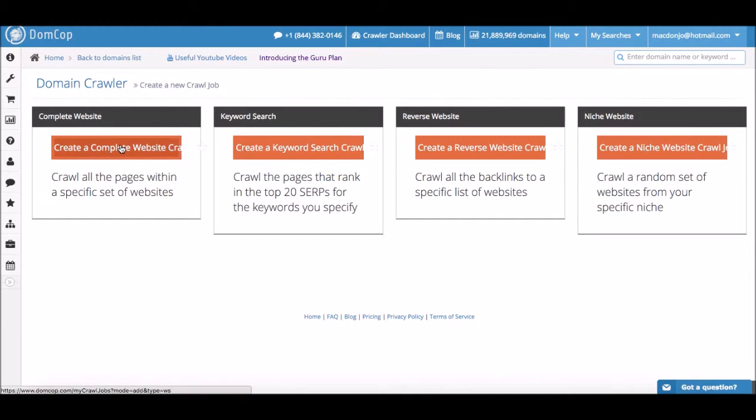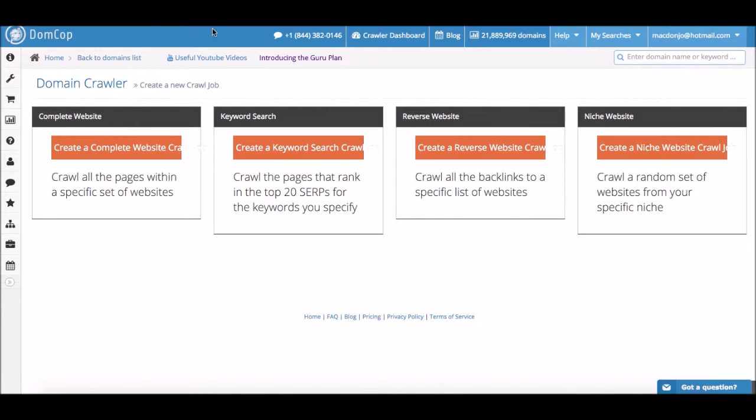So basically you enter in the URLs that you want to be crawled, the websites, and it'll go ahead and check them out. There's also the keyword search, which I don't really prefer, because basically a keyword search will just search Google for you and take the top 10, 20, 30 results from Google and insert it into a complete website crawl. Whereas I'd rather look at those first 30 results and hand pick my own URLs